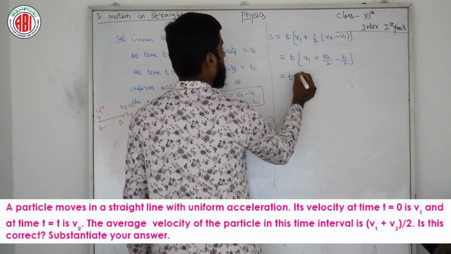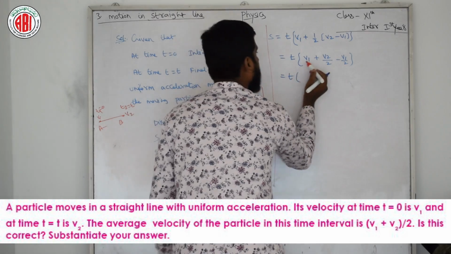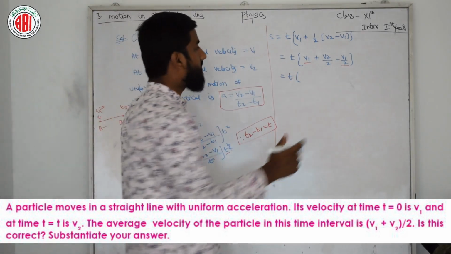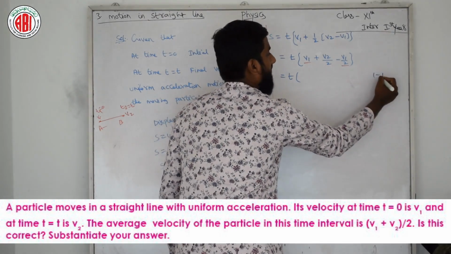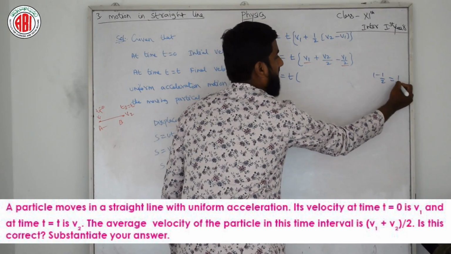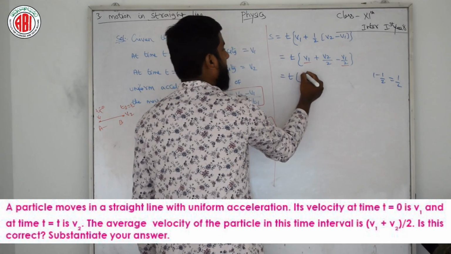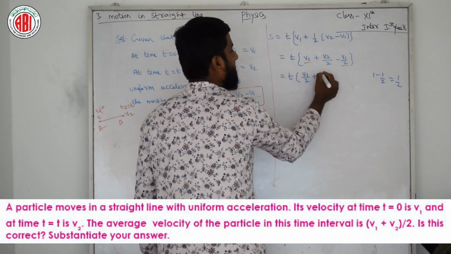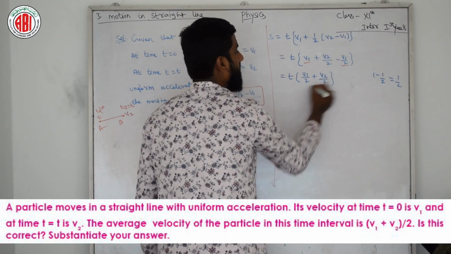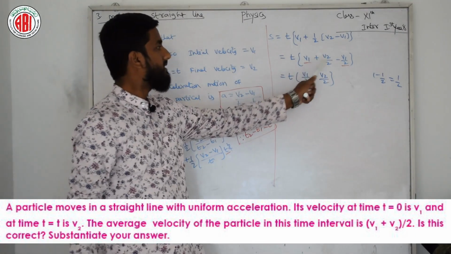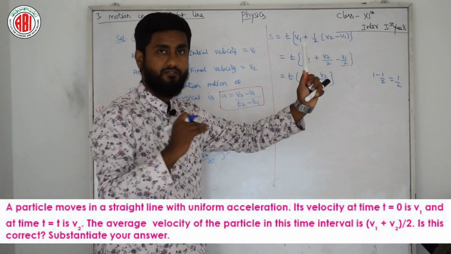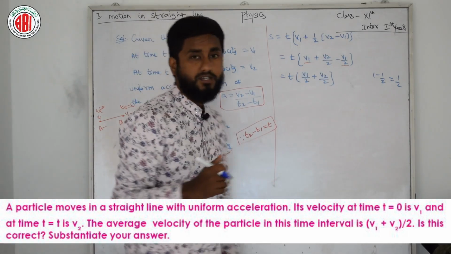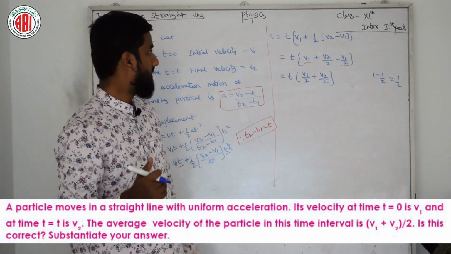Next step, listen carefully. Here you can see this is v1 and this is v1 by 2. If I remove 1 minus half, what I remain with is half. So here also same case, I remain with plus v1 by 2 plus v2 by 2. How did I get that? The complete v1 is removed from half v1. So it will become like this. Now one more step we need to go ahead, okay.